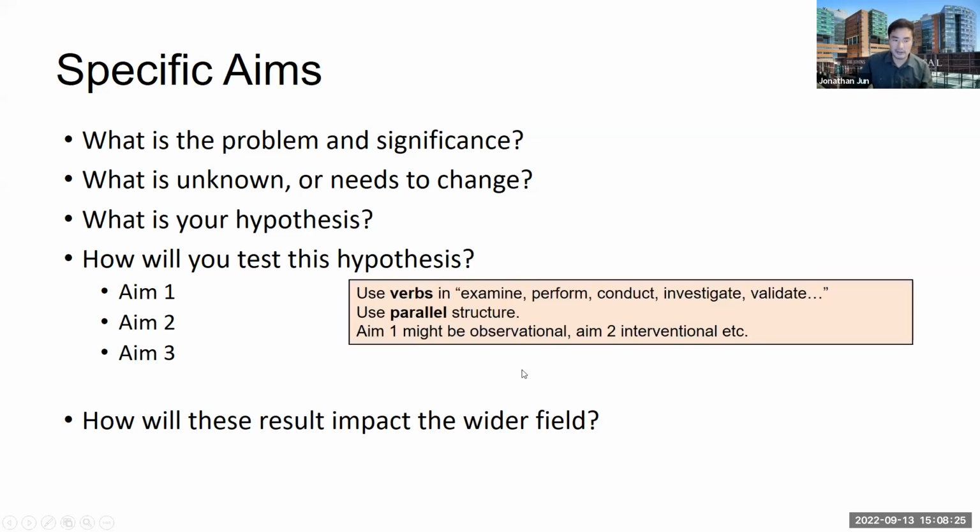I tend to favor using verbs. So what are you going to do in the aims? They are action items. I'm going to examine, I'm going to perform, we are going to conduct, we are going to validate, as opposed to a passive